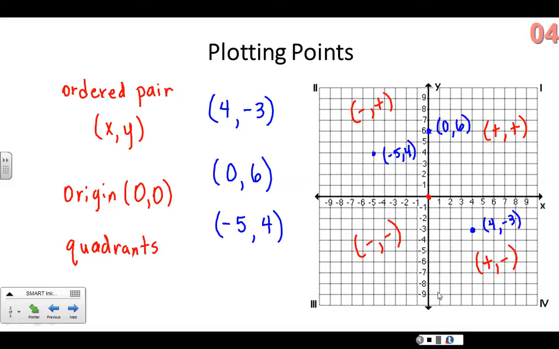Okay? So that's just a refresher of how you use the